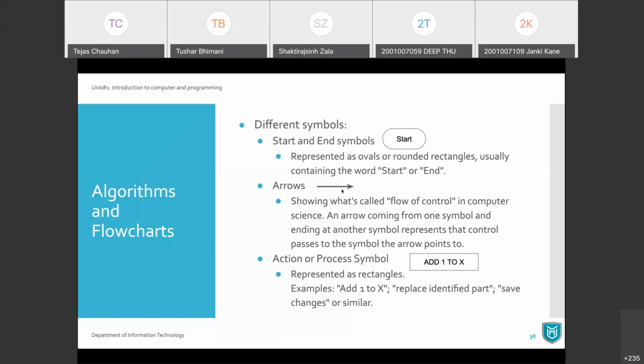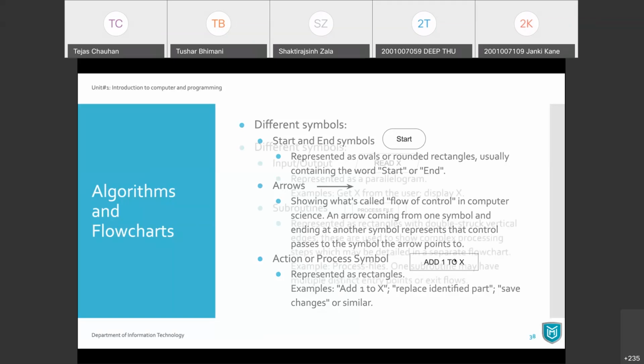Then you are going to show your entire flow with arrows. An arrow is going to direct you from this step, next is this one, then next is this one, and so on. Now, whenever you want to perform some basic calculations or a simple process, you will have a rectangle, a simple rectangle, and inside that rectangle, you can perform whatever process you want.